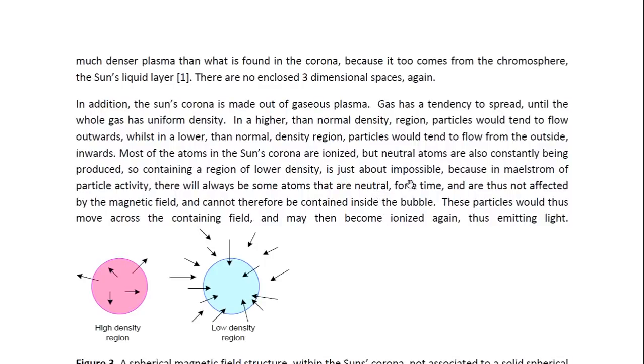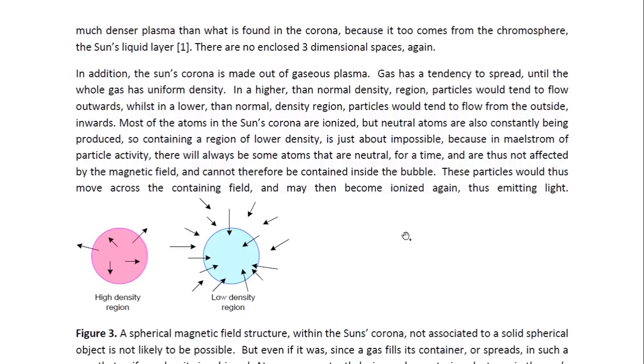Gas has a tendency to spread until the whole gas has uniform density. In a higher than normal density region, particles would tend to flow outwards, whilst in a lower than normal density region, particles would tend to flow from the outside inwards. Most of the atoms in the sun's corona are ionized, but neutral atoms are also constantly being produced. So containing a region of lower density is just about impossible, because in the maelstrom